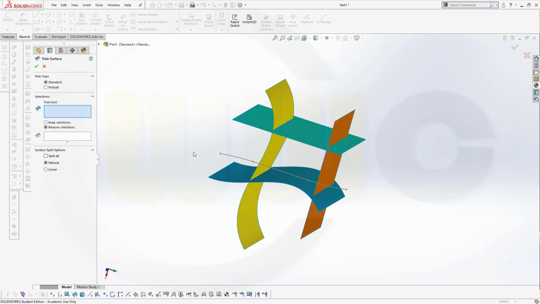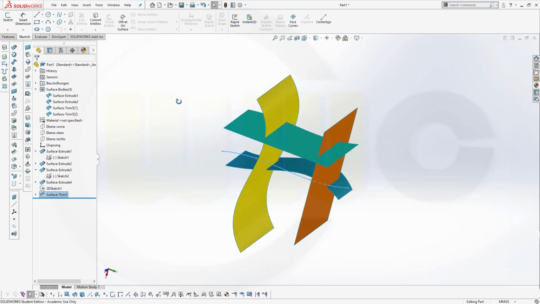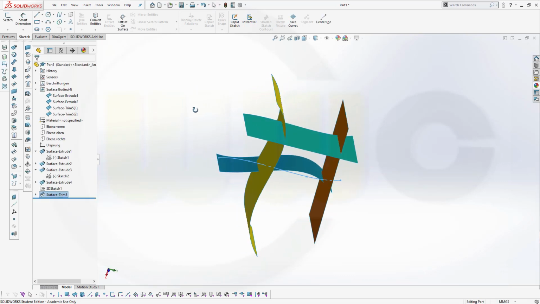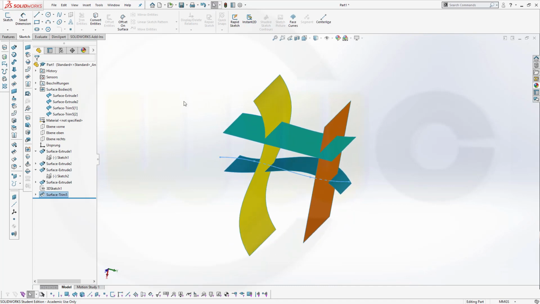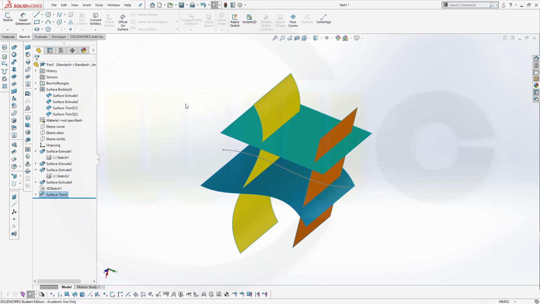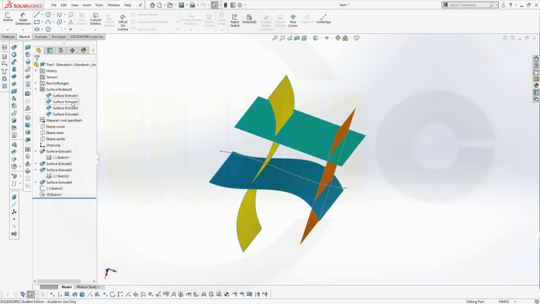So the trim tool would be that curve here, and I want to remove this side and also that side, just for example, and confirm. Again, very easy to use, very easy to see. Let's undo this. Now maybe hide those surfaces